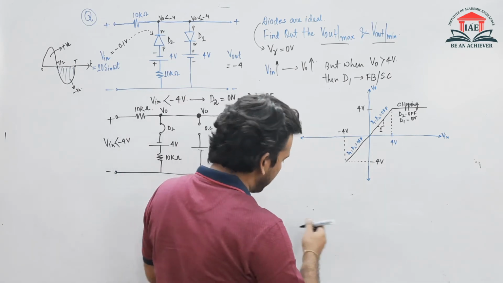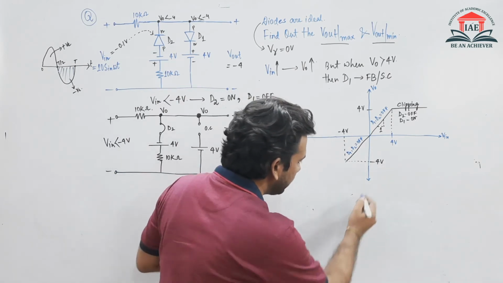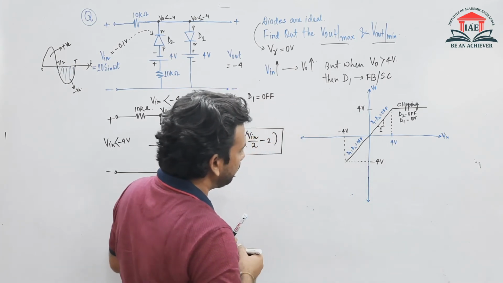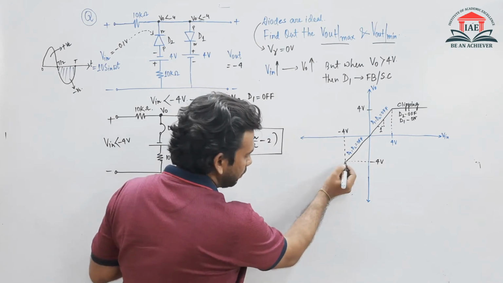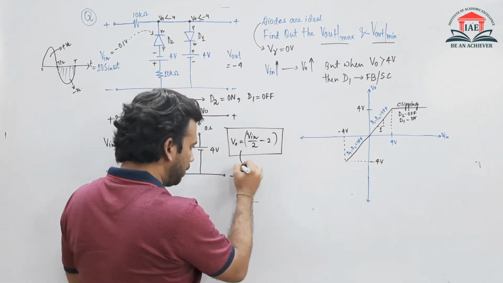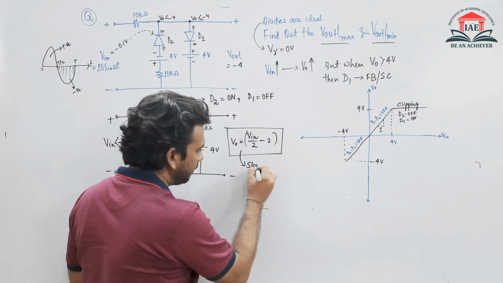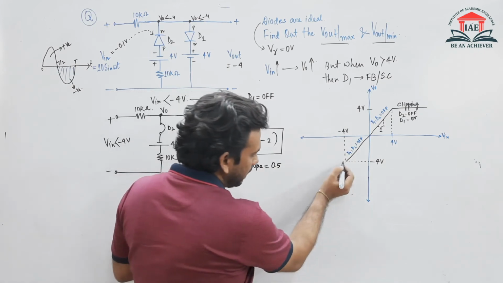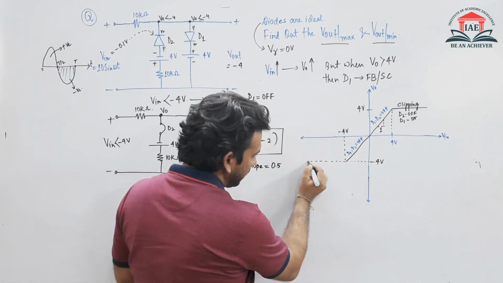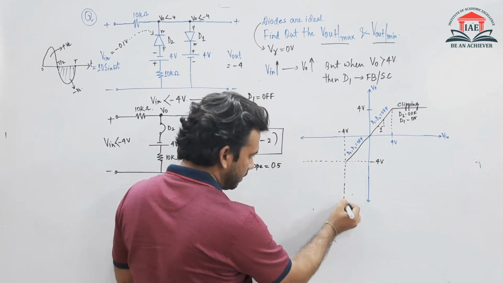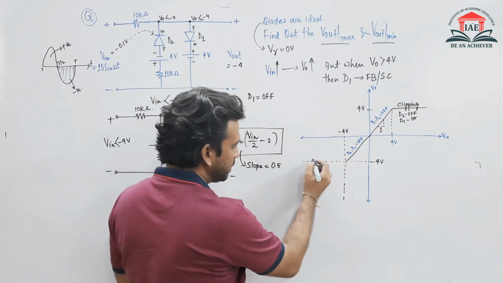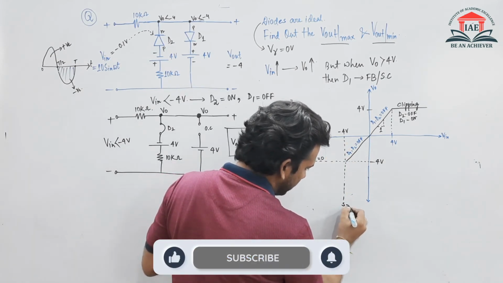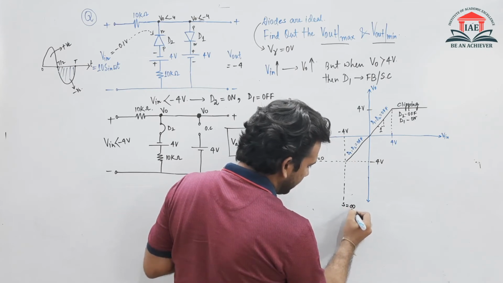That means if I want to draw that in this equation, so let us enlarge this. Now what will be the graph? So यहाँ पे जो equation है, ये equation का slope कितना है? If I ask you, the slope will be 0.5. So in this direction, if I draw this line, you can see the slope is 0 here. The slope is 0. And in this direction, the slope value is infinite.